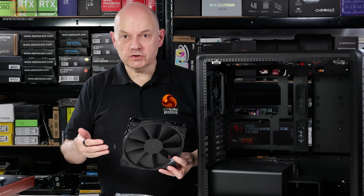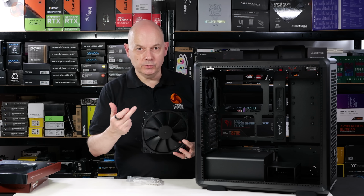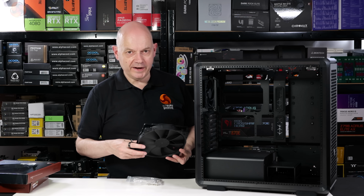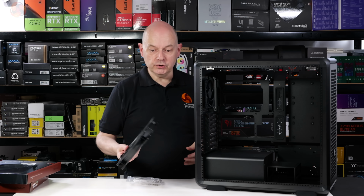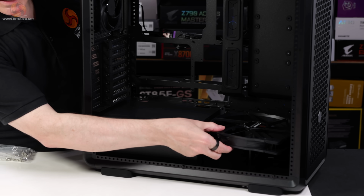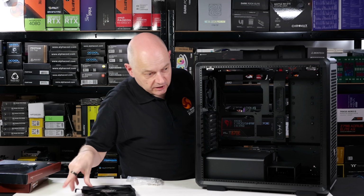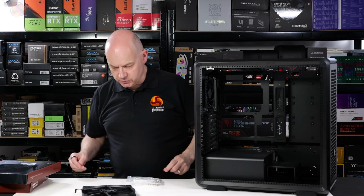Clearly I could install this second 200mm fan in the front of the case if I first removed the supplied 140mm fans, but that would be madness. I have, however, another option. I could install it there, provided I first remove that drive cage and use some accessories